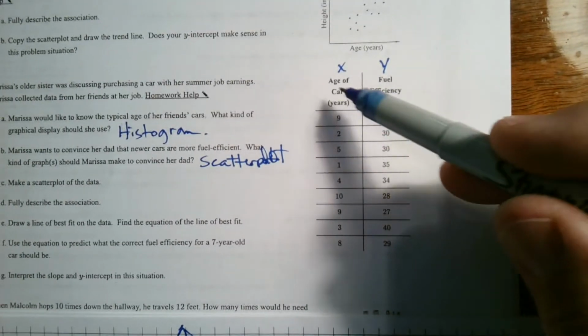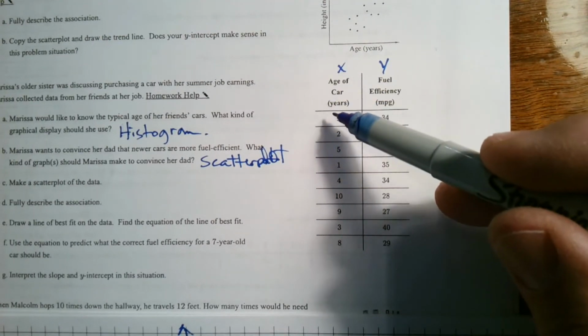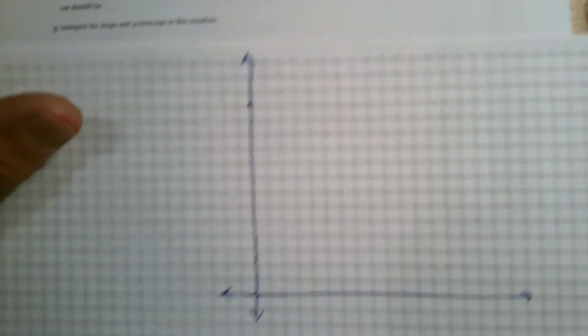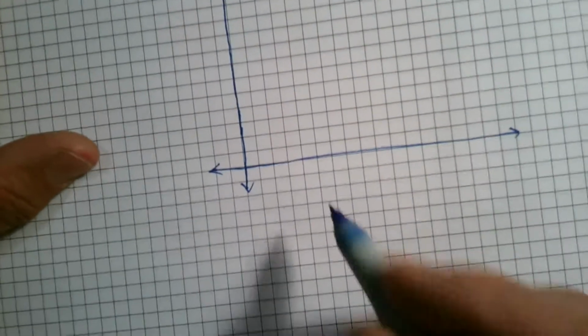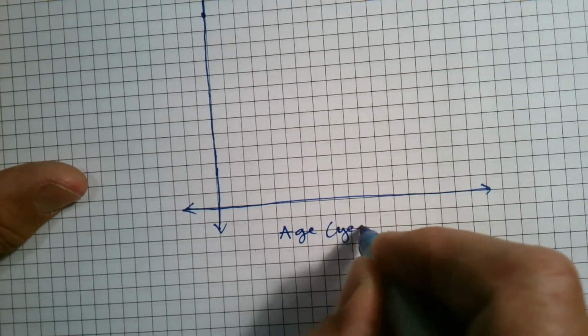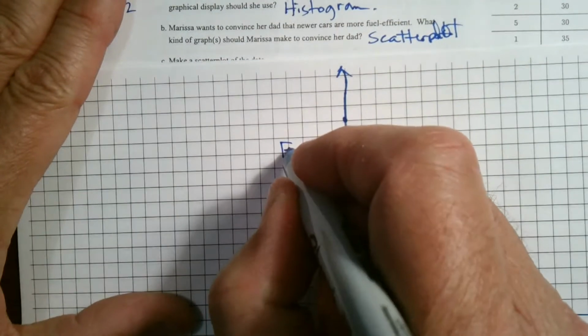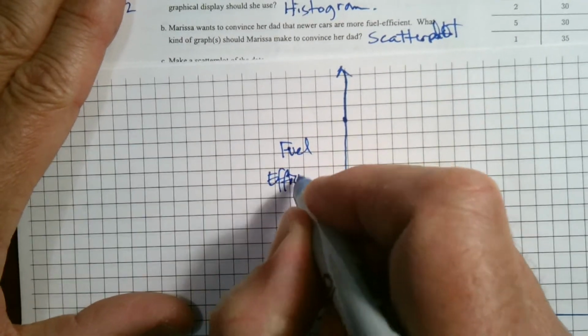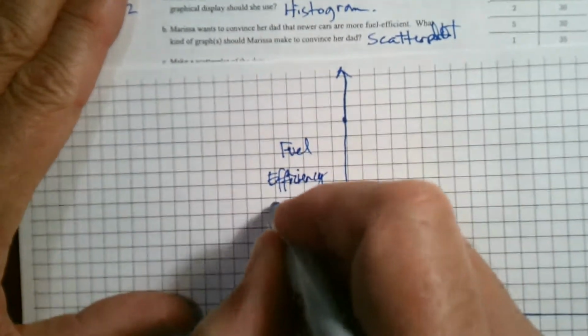So this is our X, this is our Y. A good rule of thumb too is a lot of times your time factor, in this case years, is your X axis. It's your independent variable. So this is going to be our age, and I'm going to label that in years. Okay, and then this is going to be my fuel efficiency, and that's miles per